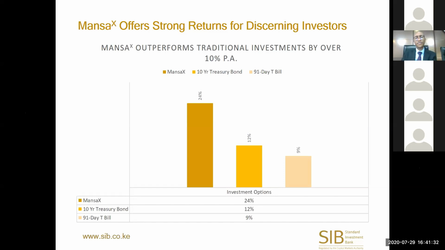It's usually difficult for us to compare with other asset classes because the nature of our trading is different, but we felt that this can help you have an idea. So your 10-year bond will probably return about 12%, yet our fund was able to return 24%. We feel that additional premium that you've earned of 12% more than justifies the extra risk that you're taking by investing in a fund like ours.